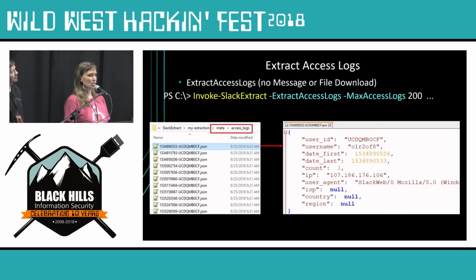And then extracting access logs. This is only an option if you have credentials for an admin of a paid workspace. So if this is the free workspace that Slack offers, you won't be able to do it. And if you don't have credentials for an admin, you won't be able to do it. But if you happen to have that, this is handy because you can